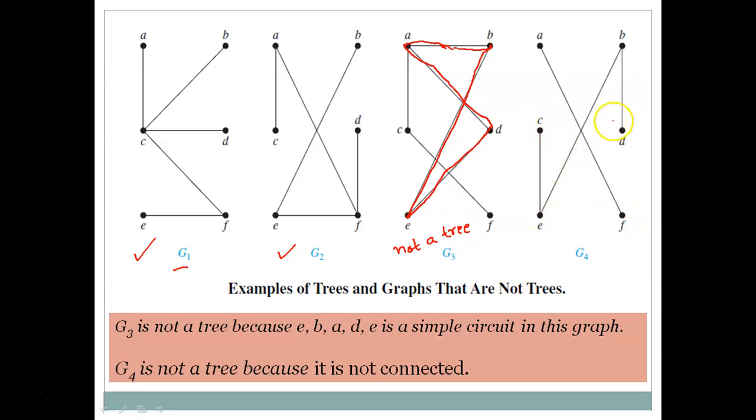not from C to F, not from E to F, not from B to F, not D to C. So in any case, I cannot arrive at the vertex F starting from C. So that is why I can say this graph is not connected, or this is a disconnected graph. So one condition is failed. So I can say that this is not a tree. However, this graph is circuit free and undirected, but it is disconnected. In fact, this is a disconnected graph. So that is why this is not a tree.